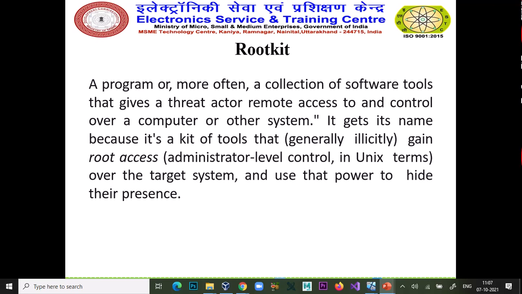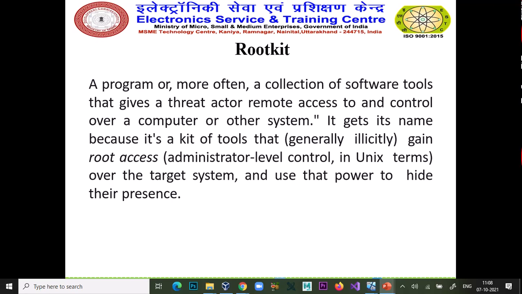It is a kind of malware, a combination of different tools, that wants to become the super user of the victim computer. That's why it is called a rootkit. It will attack your root system and take the root privileges of your system, giving the hacker complete access.